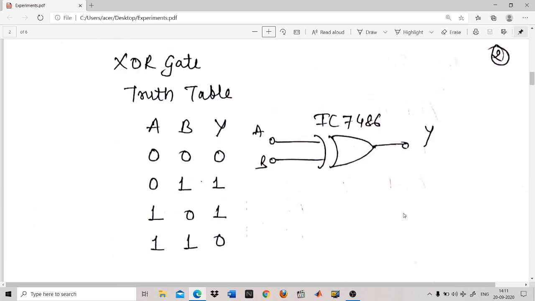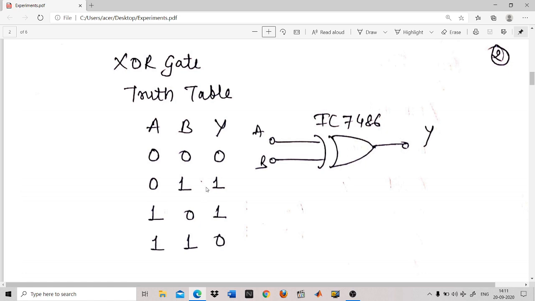Now the XOR gate. The XOR gate has a specialty that if one of the inputs is 1 and the other input is 0, only then it will provide 1 as the output. If both the inputs are the same, you can see from the truth table that in the first combination, both the inputs are 0. 0 means logic 0, meaning you are not providing any signal to your circuit. And 1 means your switch is on, that is you are giving some supply to the circuit, so then you will get some output.